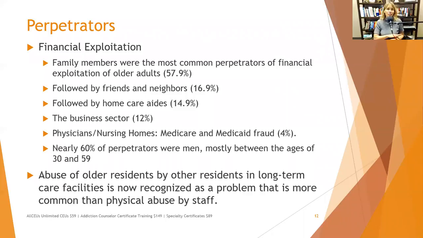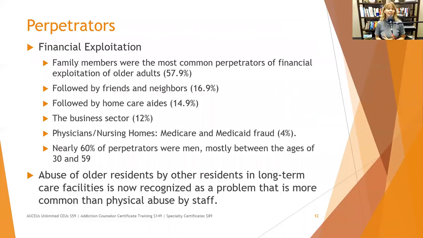That can fall into all levels of abuse: emotional abuse, physical abuse, sexual abuse, and financial. So physical abuse by staff is not huge, but it's not small either. But we do want to recognize the risk for abuse between residents: physical, mental,